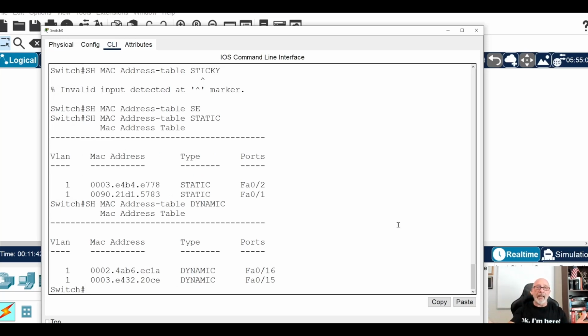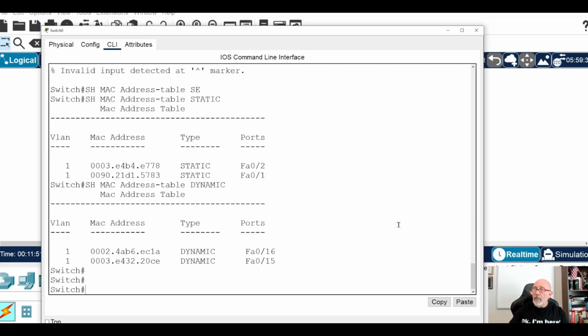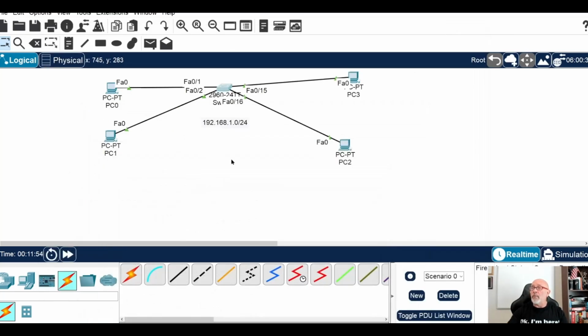I mean, you can see it there, show MAC address table. You have 1,000 nodes within all these ports. Then you can go ahead and type specifically what you want. All right, so let's see that err-disable, shall we?